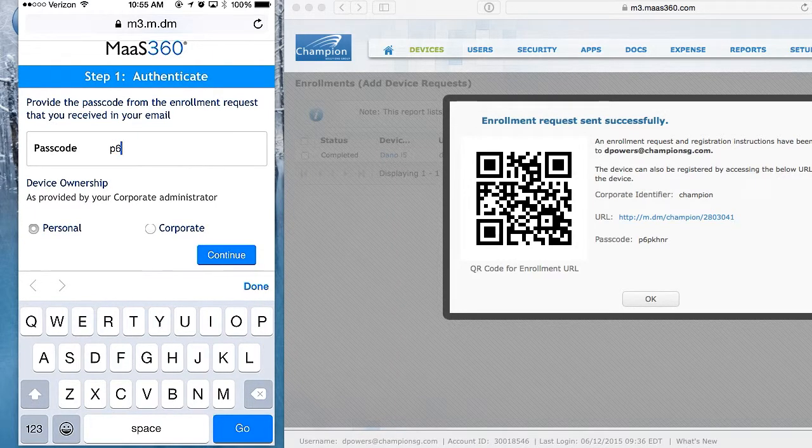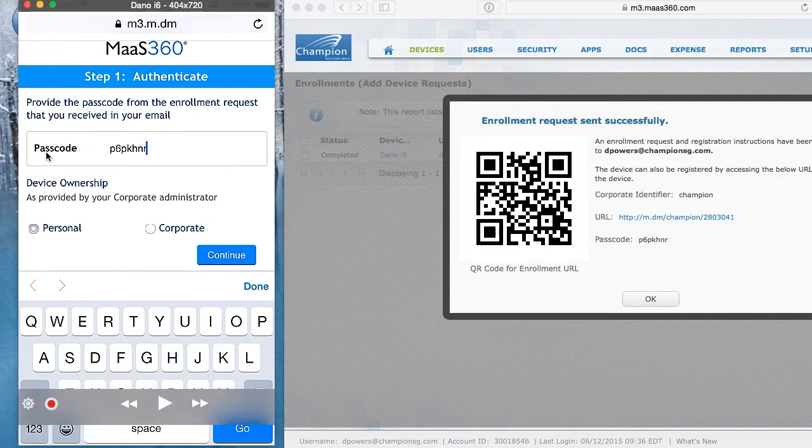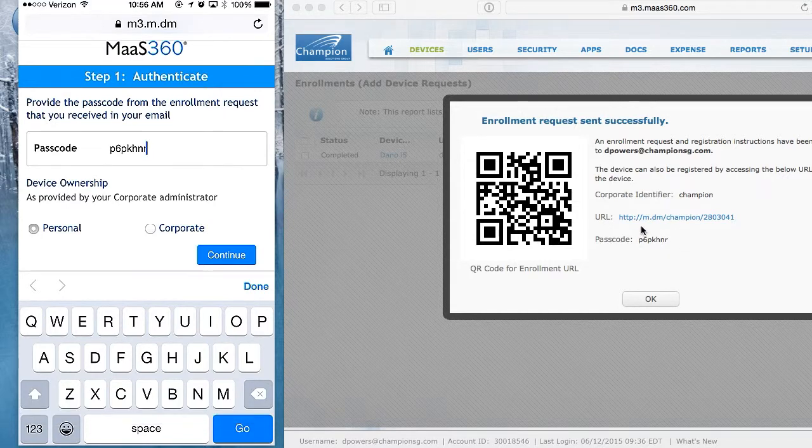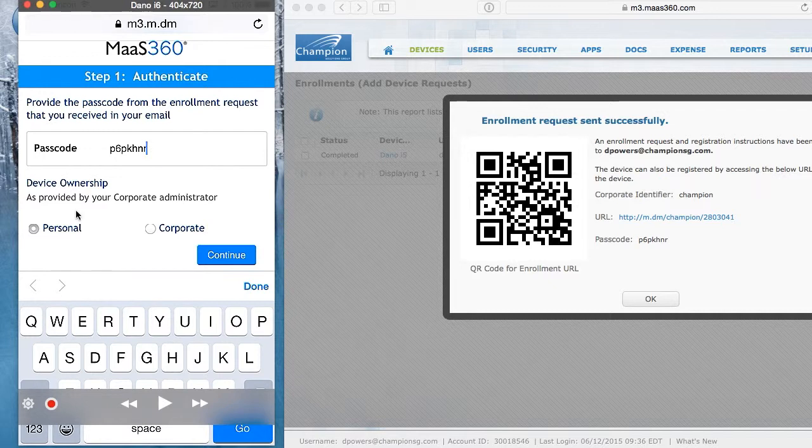If we were doing bulk enrollment or we chose to do it via Active Directory, we could certainly use Active Directory credentials to authenticate the user. But again, we did this ad hoc, so I'm simply typing in the passcode that was delivered to the phone in my email and my SMS text message, and I also have it up on the display screen from the portal. Also notice that I am going to be choosing the personal device, since we do support BYOD,